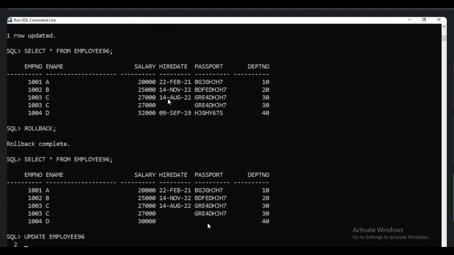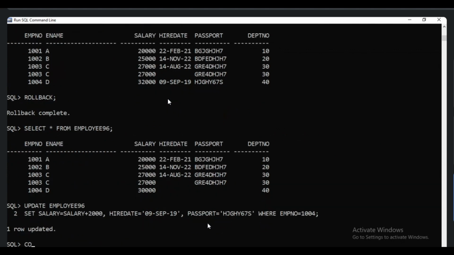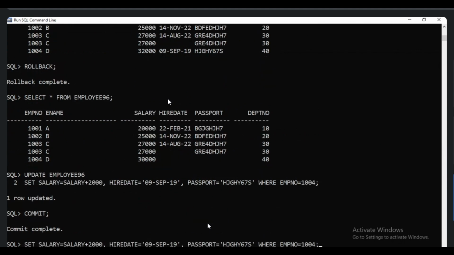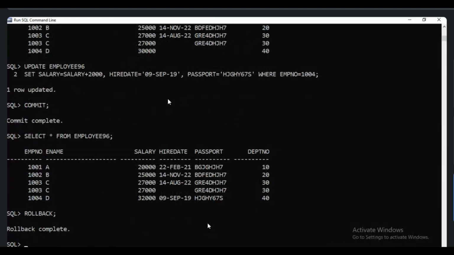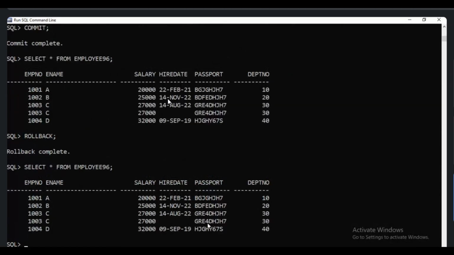Suppose I use the update command and immediately use commit, the changes reach the main database. Even rollback will not change anything. I have told you two methods to insert. There is one more way we can insert a record. That is insert into